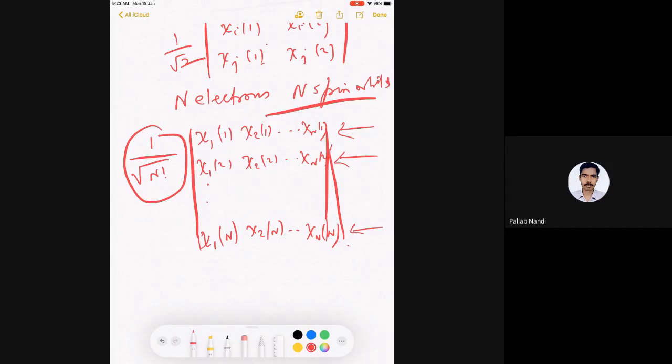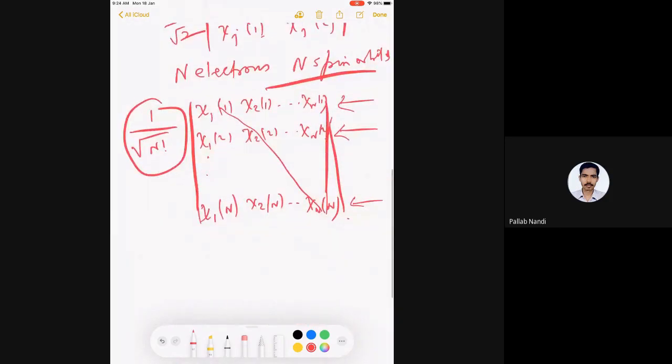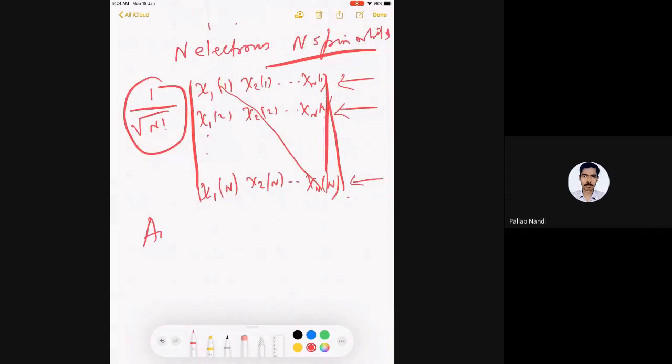If you expand, the leading term will be this diagonal, and then of course you can keep on expanding. But you can see it's extremely difficult to expand like this without understanding. Here it was easy because I know that this is not symmetric. I could antisymmetrize manually. But for n electrons, n spin orbitals, it would have been impossible. But the determinant gives you a natural way of writing an antisymmetric wave function. So I can say that antisymmetric wave functions